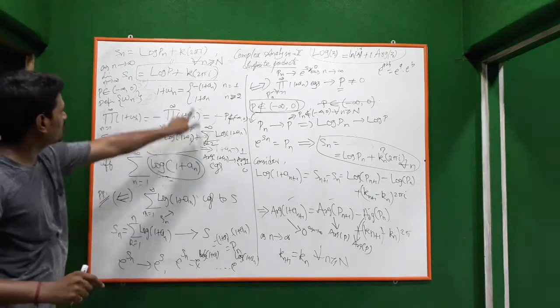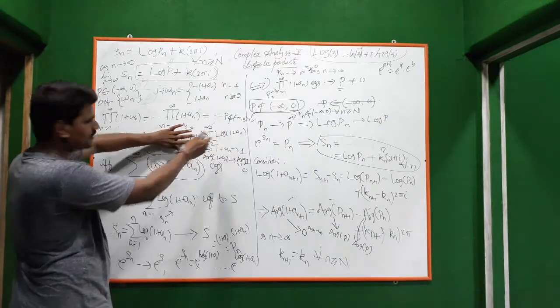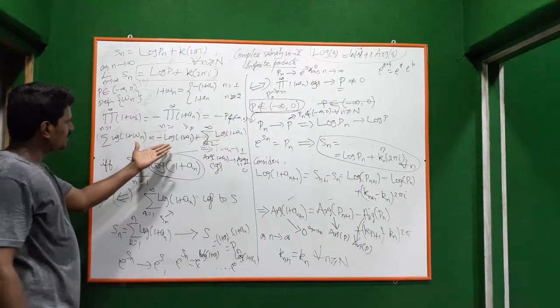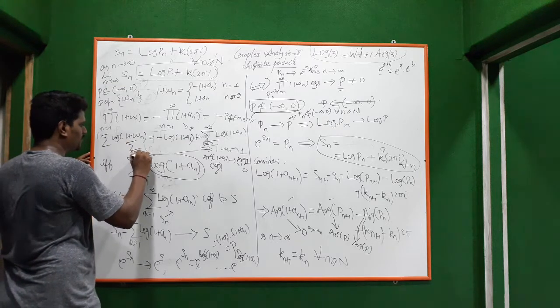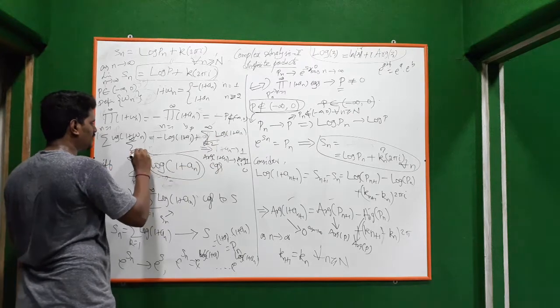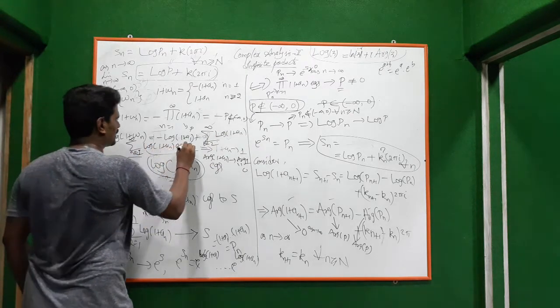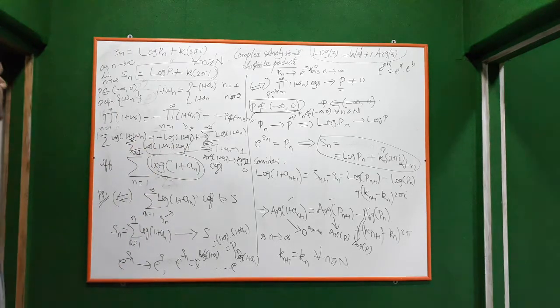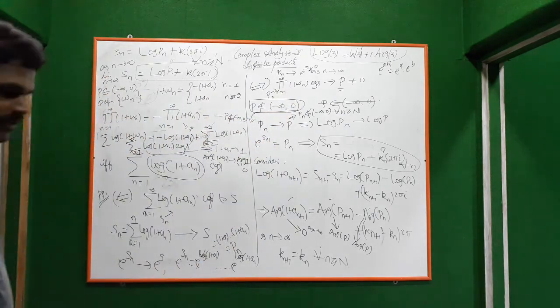Okay, so 1 plus wn. If you leave this also, this will be converging always, because this converges. So we can conclude that summation n from 2 to infinity log 1 plus an converges. That means summation n from 1 to infinity log 1 plus an converges. That's it. Okay, so this is the necessary and sufficient condition for convergence of this infinite product.